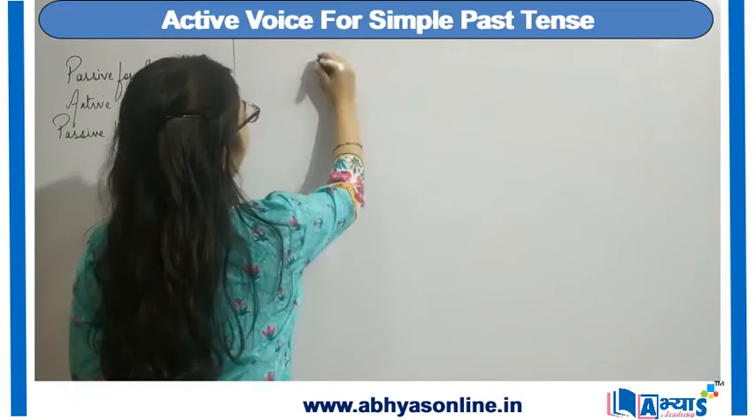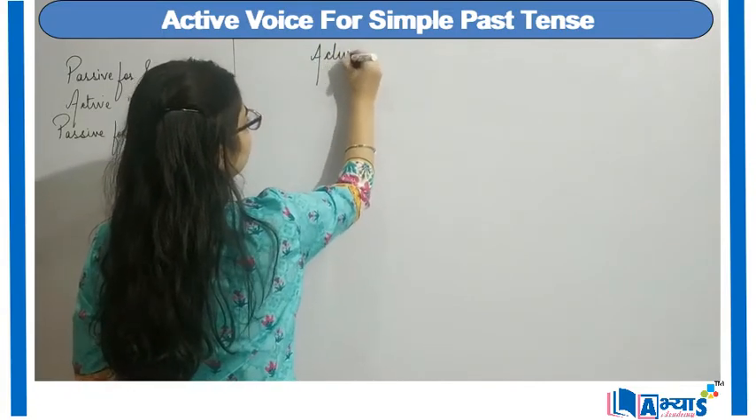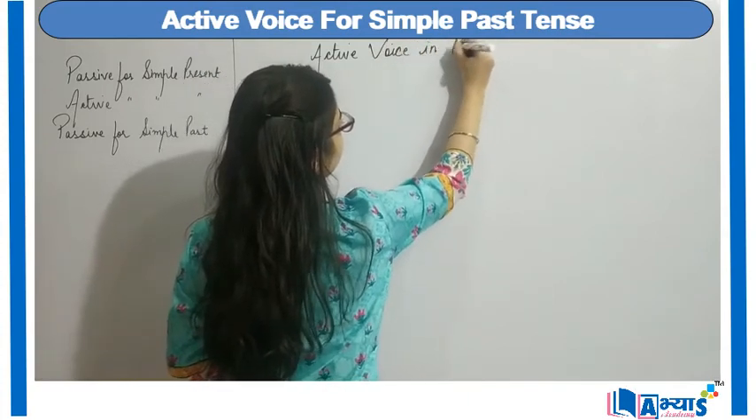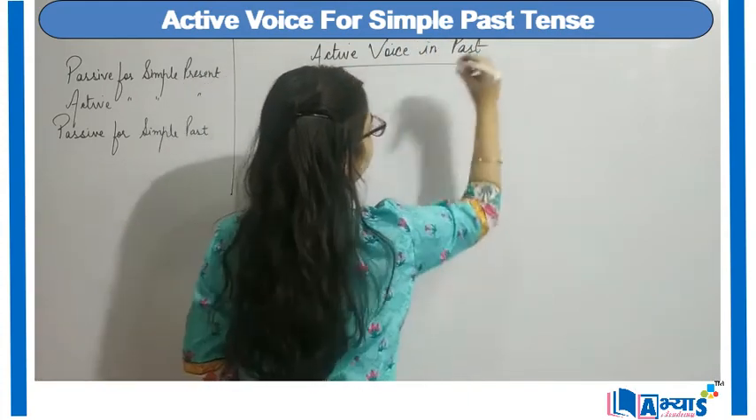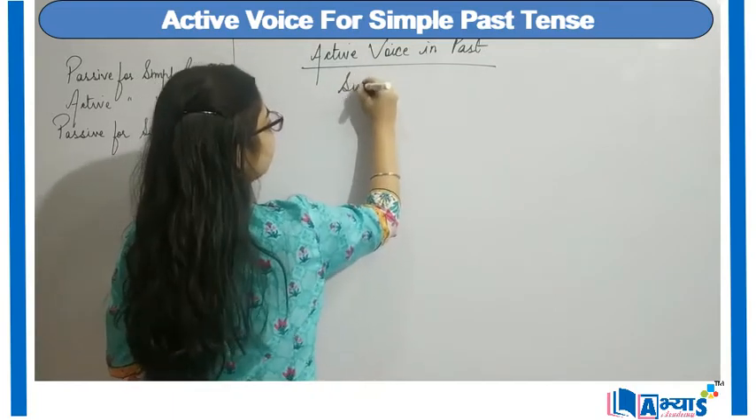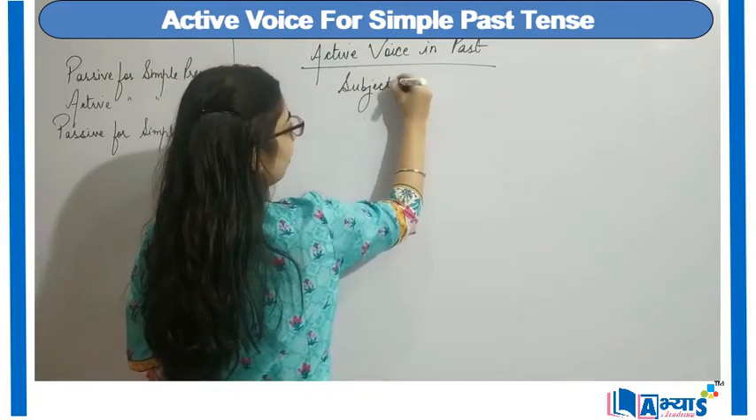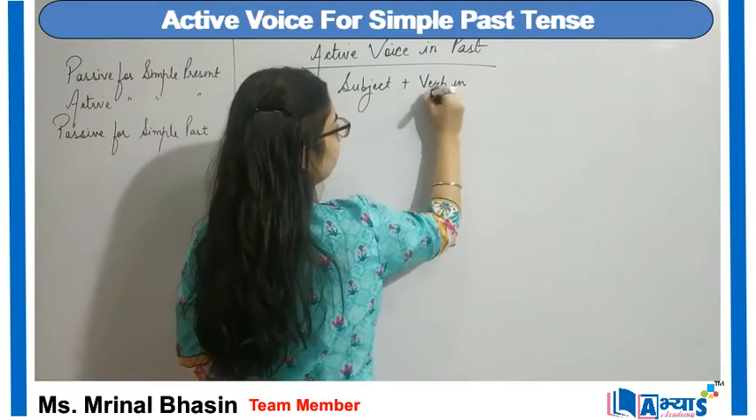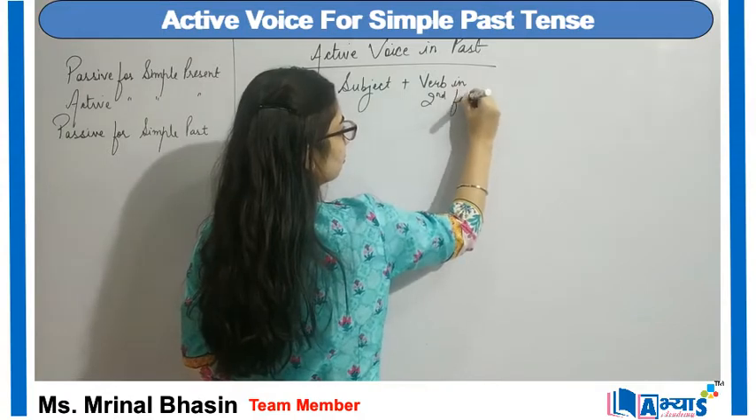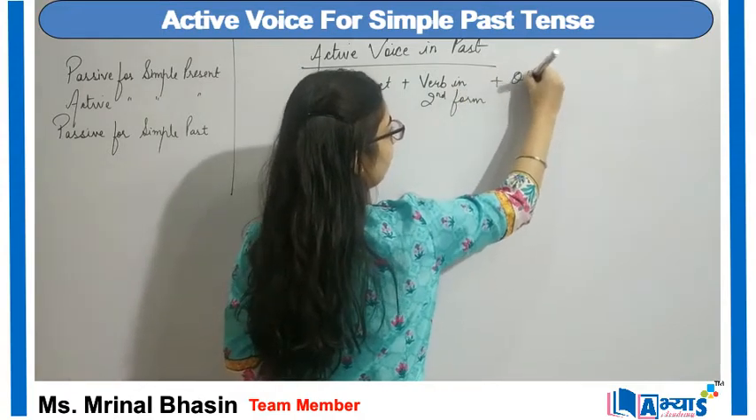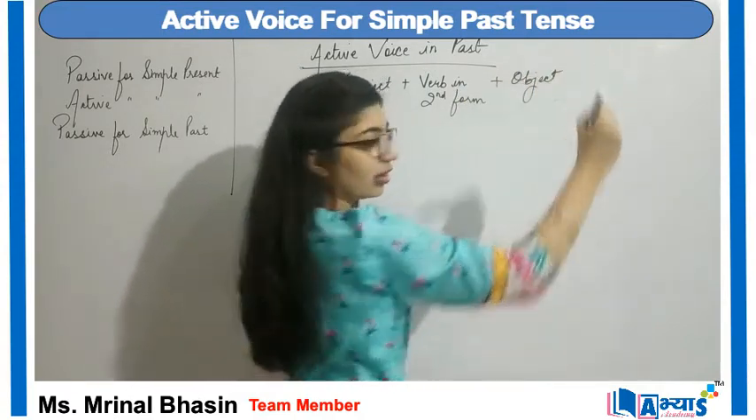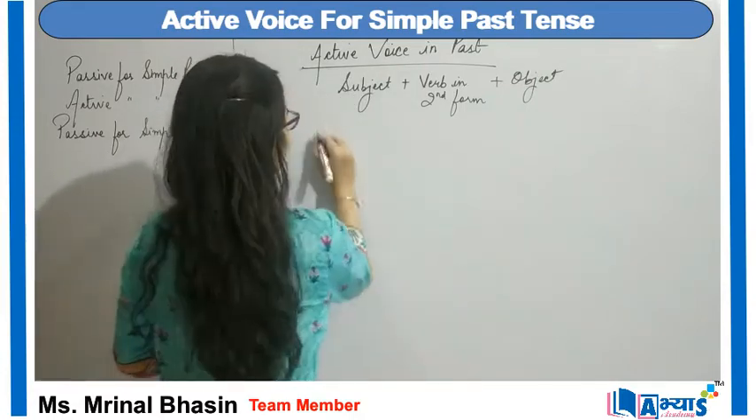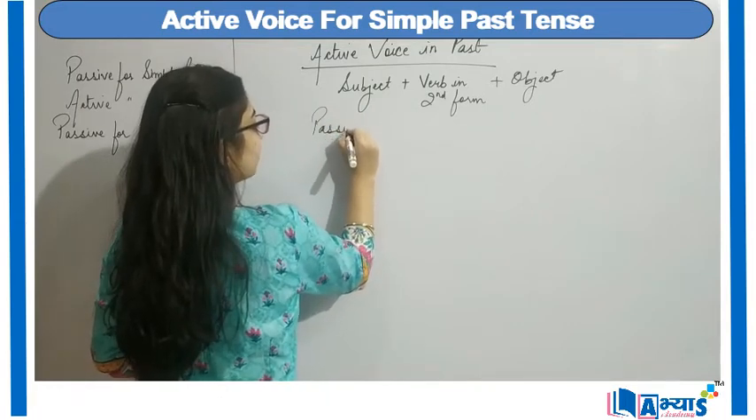Now the rule for active voice in past tense, the rule is subject plus verb in second form followed by the object, right? And the rule for passive voice in past,